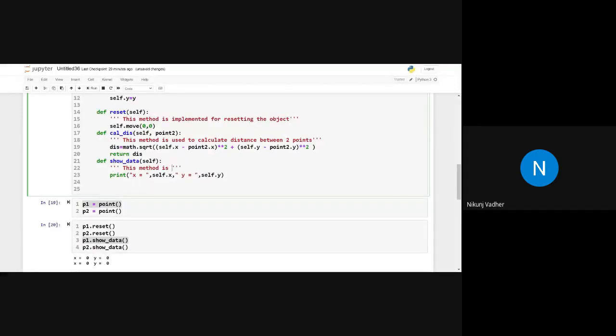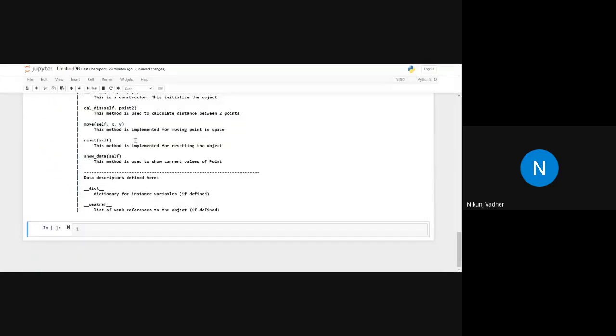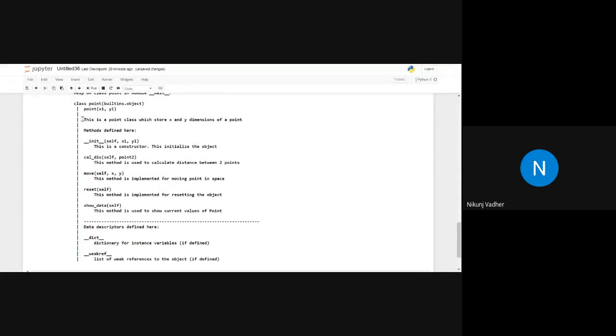This method is used to show current values of points. Okay, so if you will write like this, then you can see whatever we have mentioned in form of document string. This is a point class which store x and y dimension of a point.